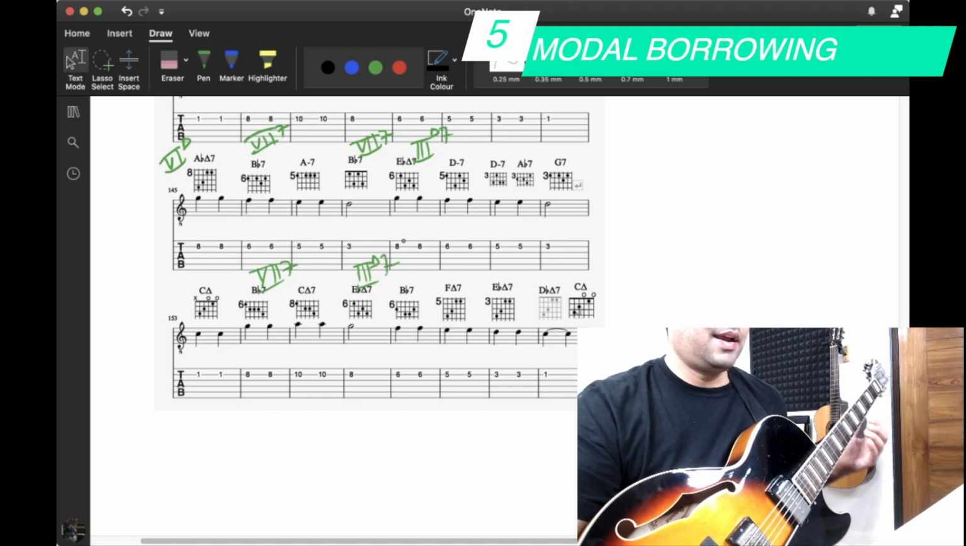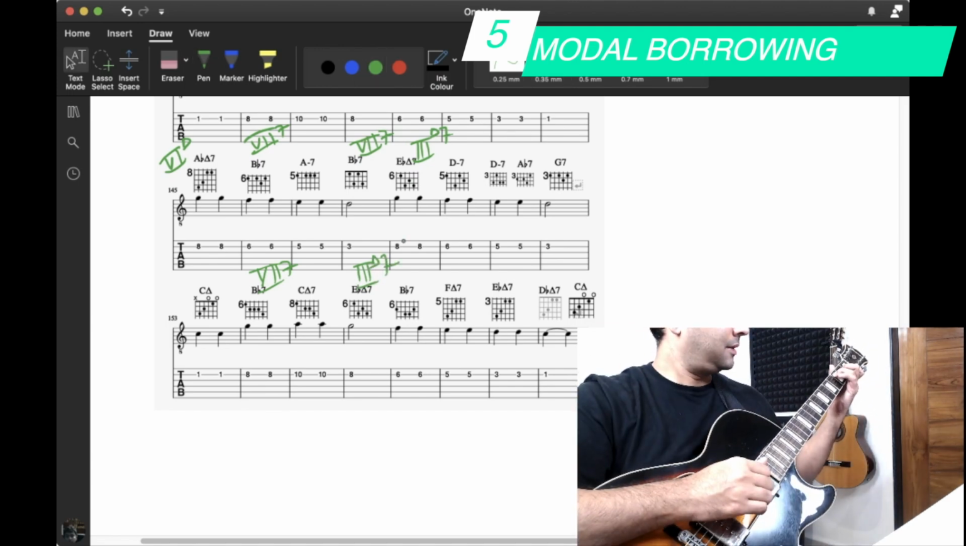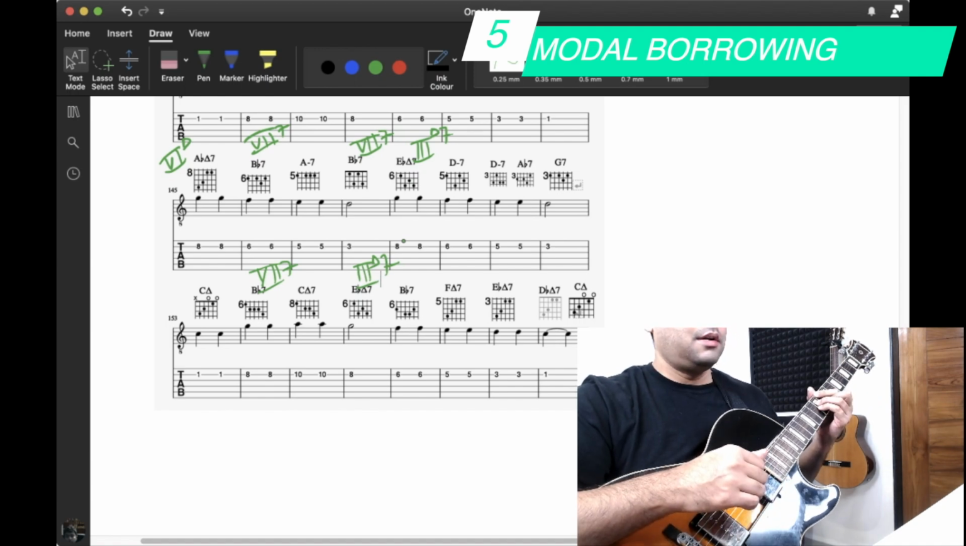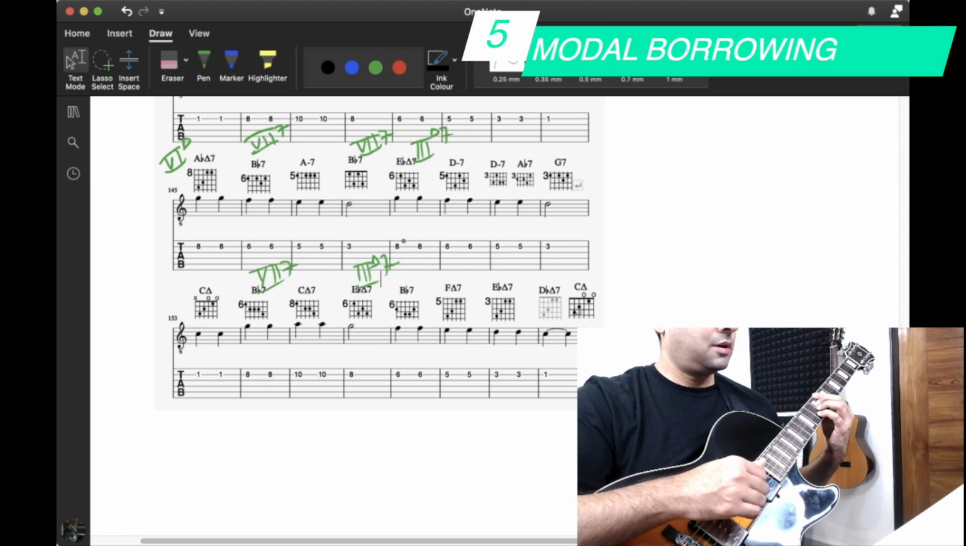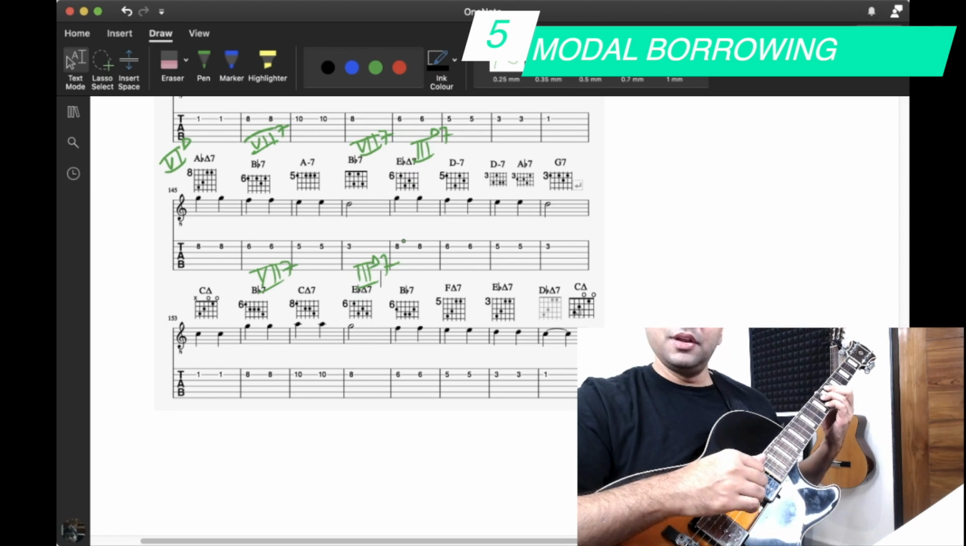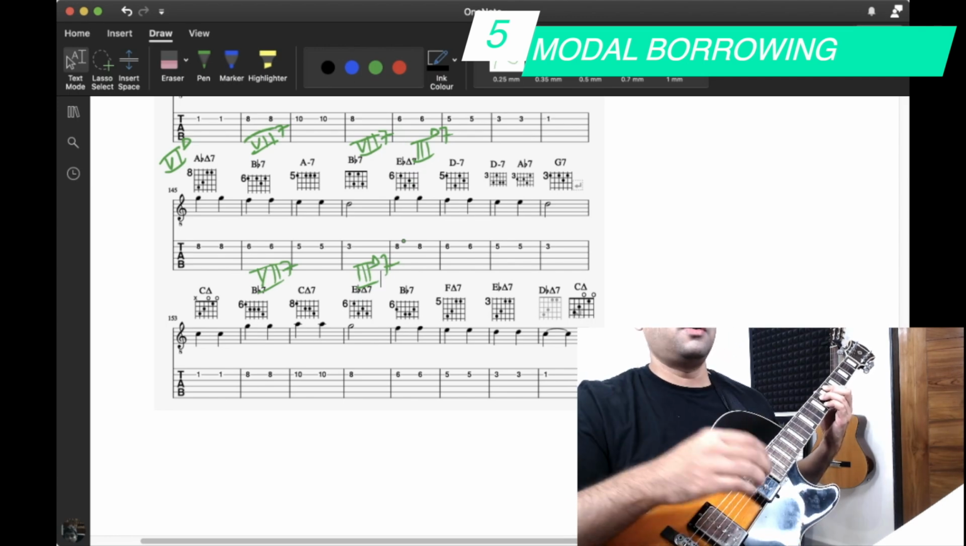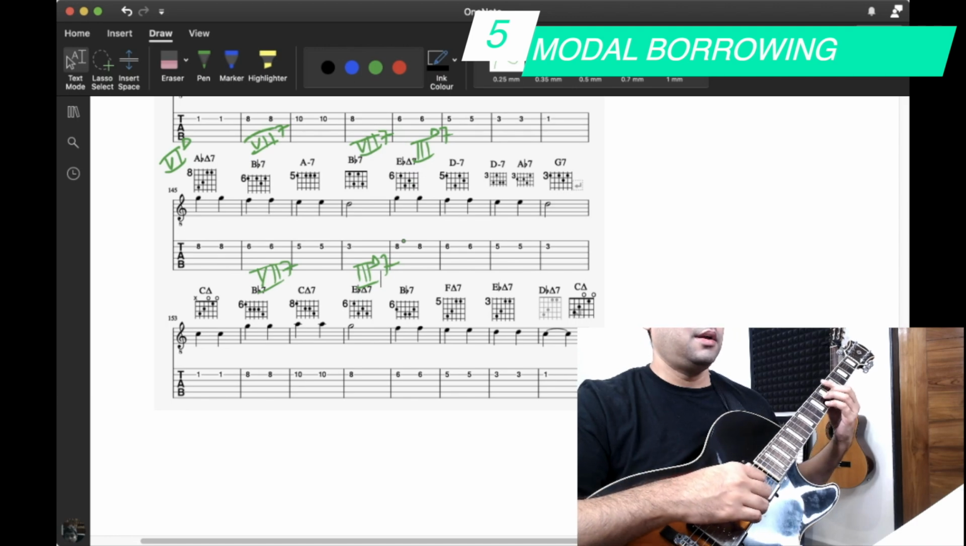So the last line, instead of sounding like this, now sounds like this. Pretty cool, right? And the last four bars would be